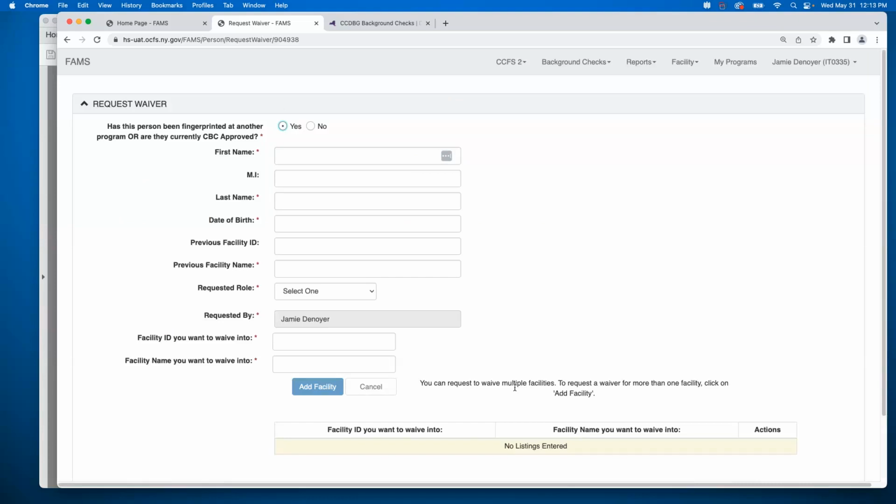You'll fill out everything that is required. So everything with a star or asterisk next to it in red is required. Then your regulator will be notified. They'll come in and they'll see if they can match up those fingerprints for this individual. If they can match up those fingerprints, then this person will be added to your active staff list, which we will look at in just a minute.